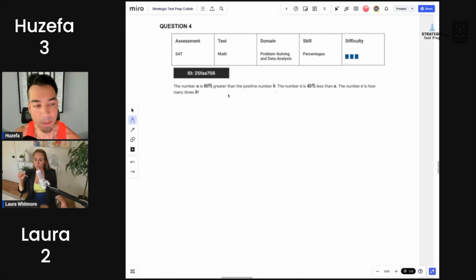So let's check this out. Now I'm going to show you, this is exactly how I do it in real time, especially when they say something like this. I'm reading that as an equation or an inequality, and I'm going to write it just as it's stated. So the number A is, that means equal, 60% greater than the positive number B. So what does that mean when we say 60% greater? It's basically like B plus 60% of B, or the way that I like to write it is 1.6 times